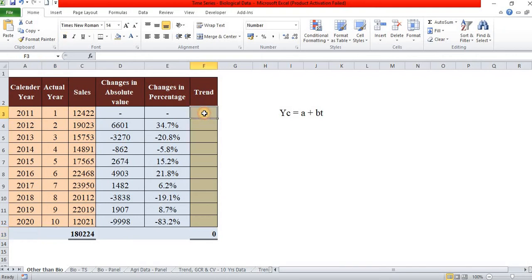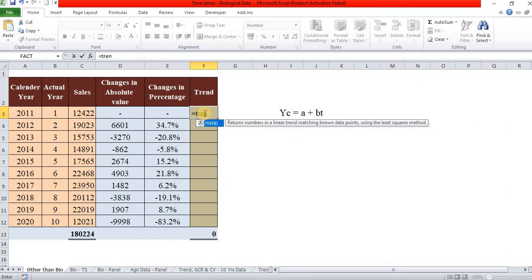So for the trend using the statistical Excel function, we type TREND and open a bracket. Now it is asking for the value of y. Here y stands for sales. So we have to select the value range of sales, and the x value is the time period, because I already mentioned here t stands for time.